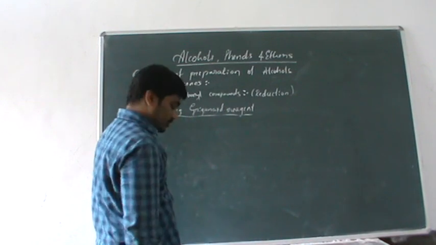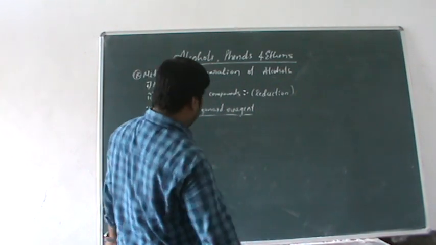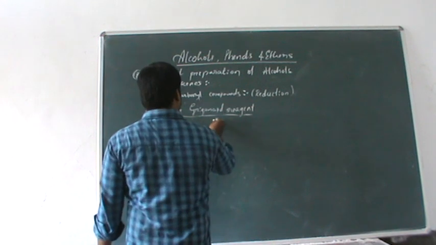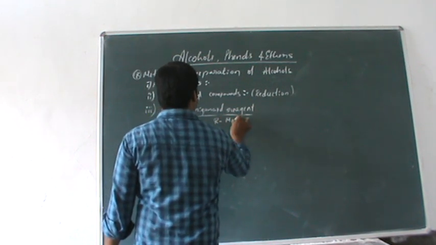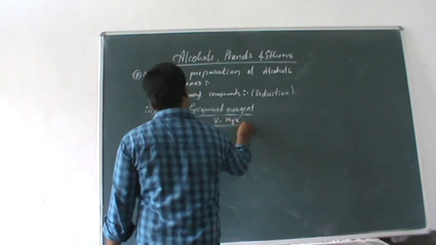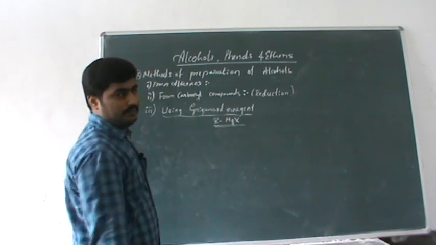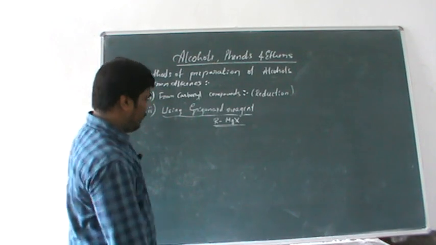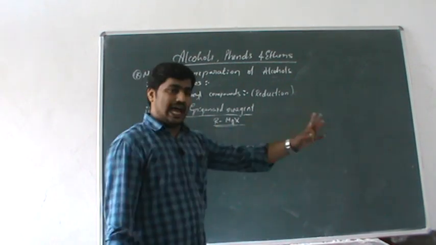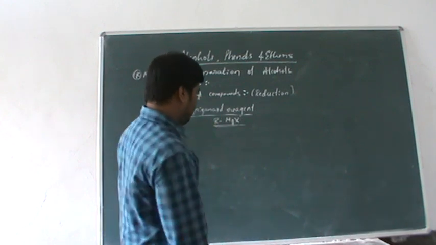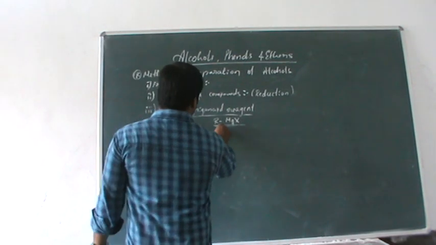What is Grignard reagent? Grignard reagent is RMgX. Yes, it is RMgX, an alkyl magnesium halide: an alkyl group, magnesium and halogen. And give one example of a Grignard reagent,